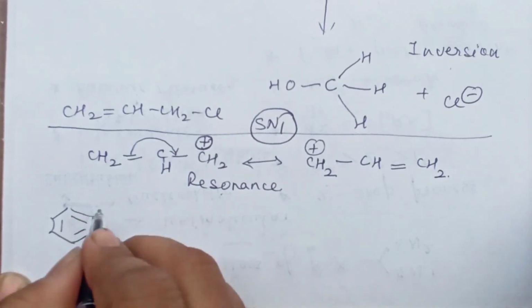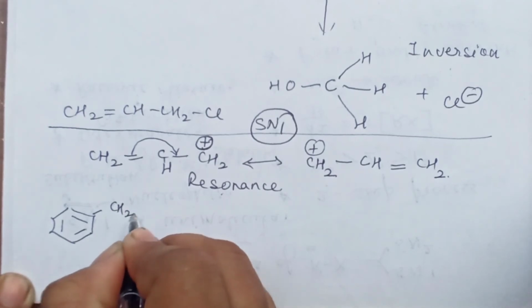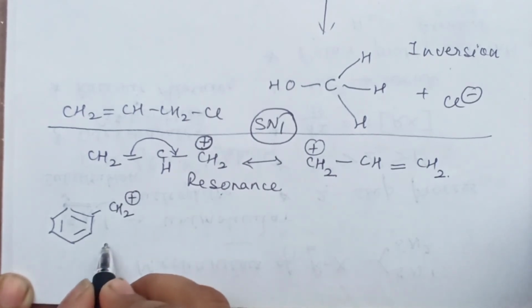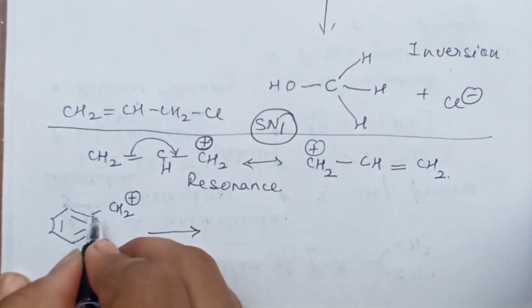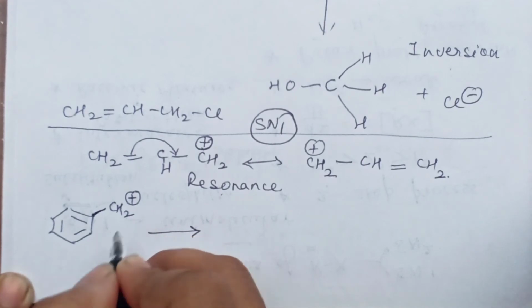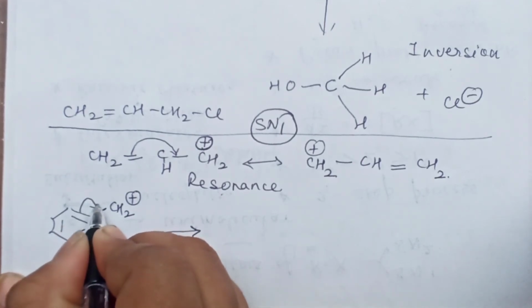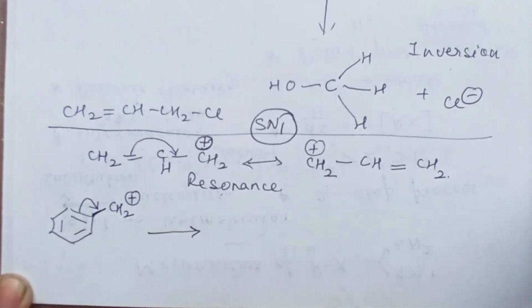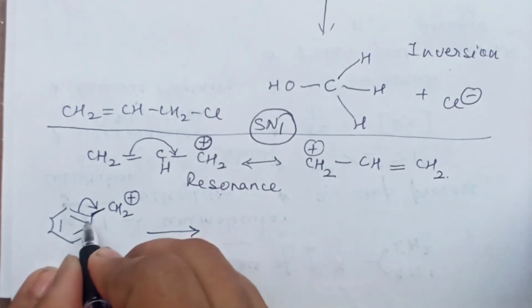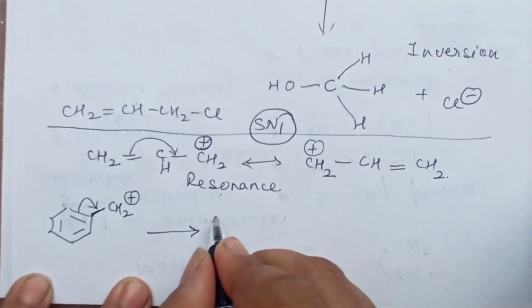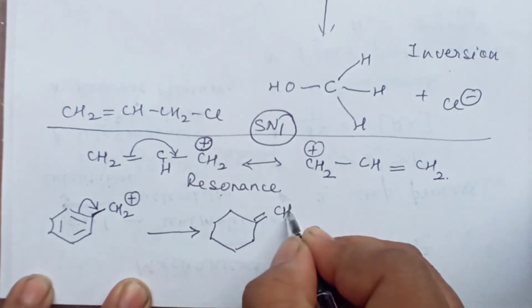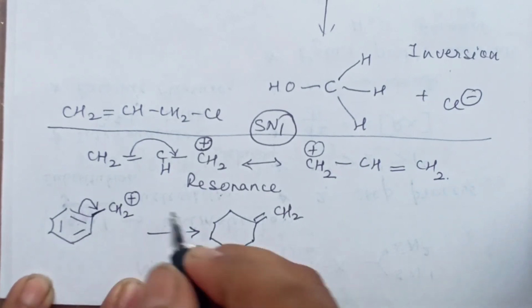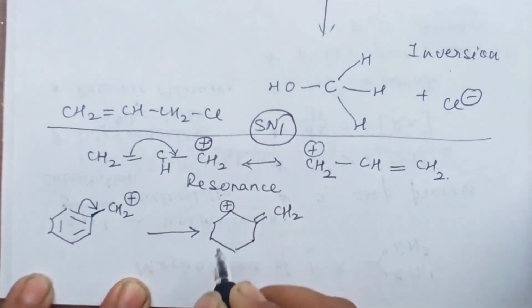Achha, one more thing is about benzyl chloride. Benzyl chloride, children, will form benzyl carbocation. Right? Even the benzyl carbocation is resonance stabilized. That is the reason why it follows SN1 mechanism. Again, you can see the carbon containing positive charge. It will try to pull electrons. Always electrons, they start resonating, right? So what changes we make here, we are going to show in the next structure. So you will have here a double bond. Now the positive charge will go away from this because that bond has come here. So because this is deficient, now you will get a positive charge here and you will get it like this.